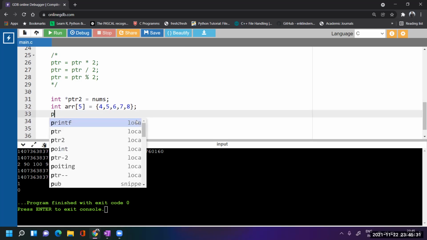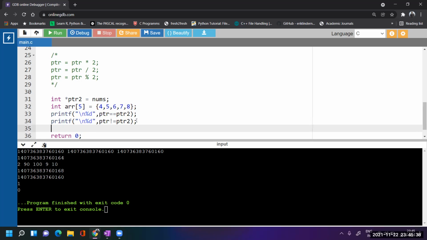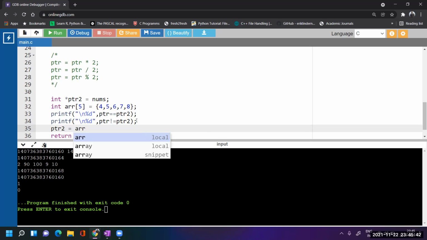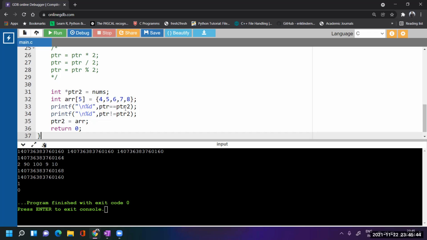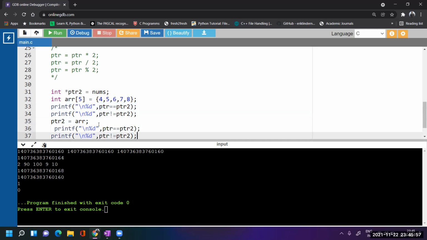Now I'm making ptr2 equal to the second array. Earlier ptr2 was pointing to the first array, but now ptr2 has been changed to point to the second array. So now can I perform these operations anymore? Let me just copy them and paste.